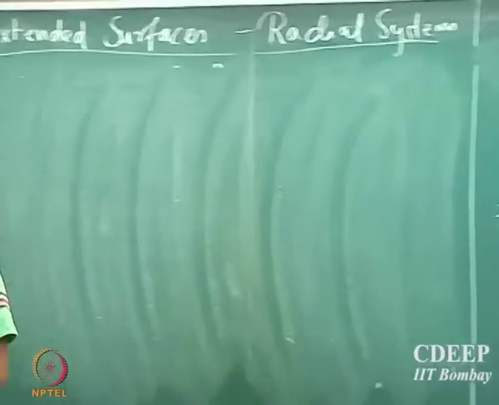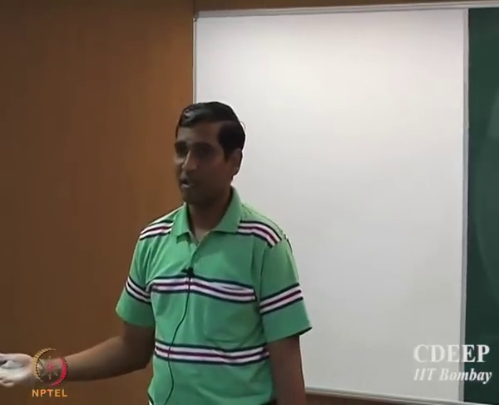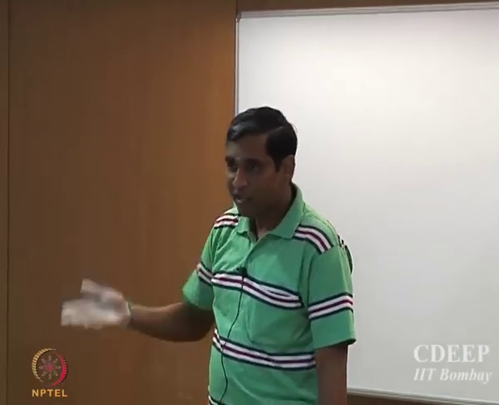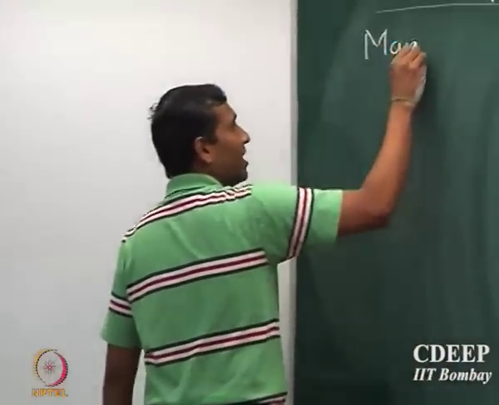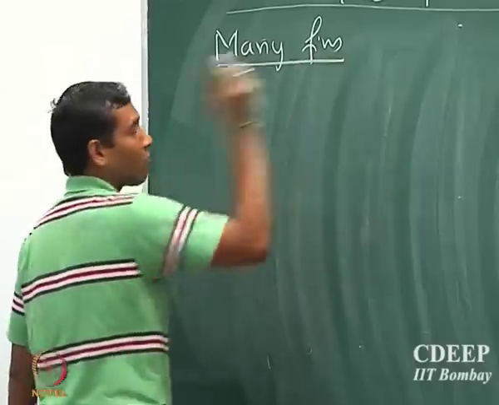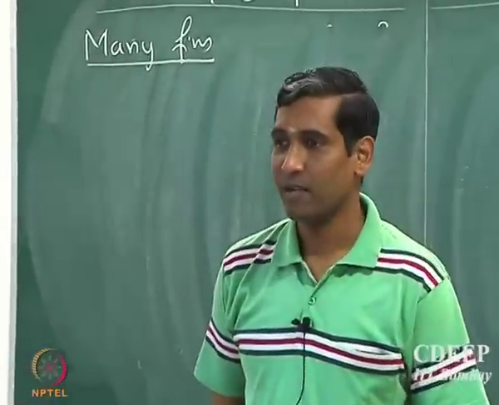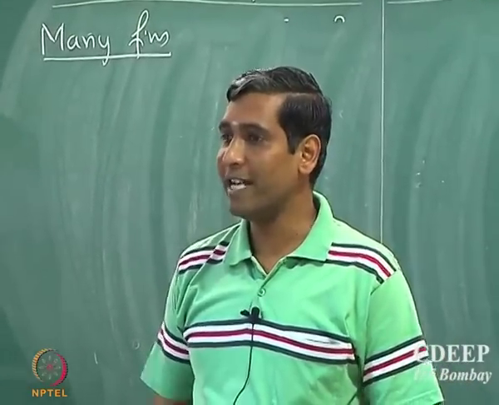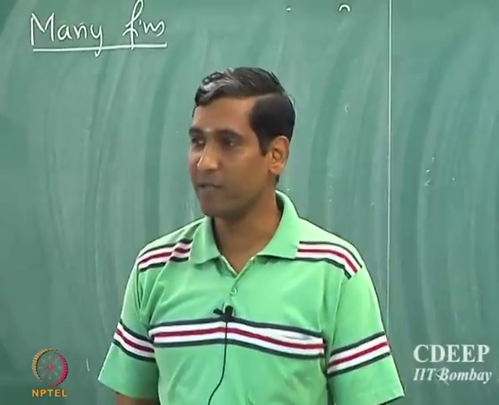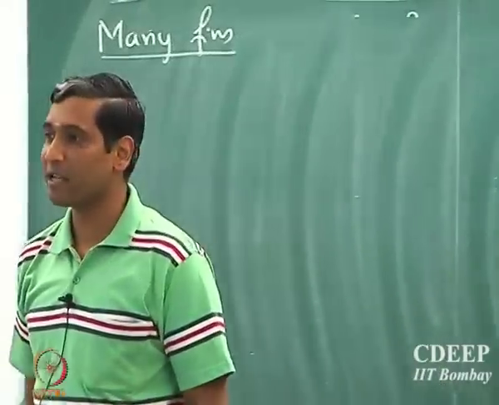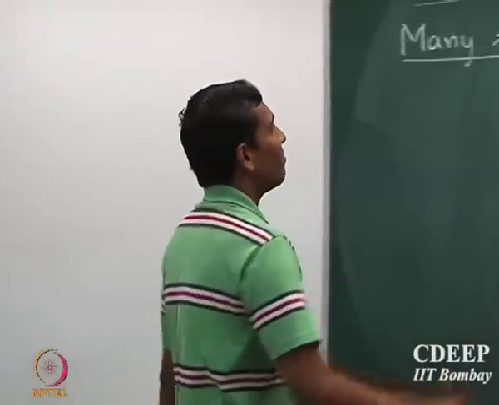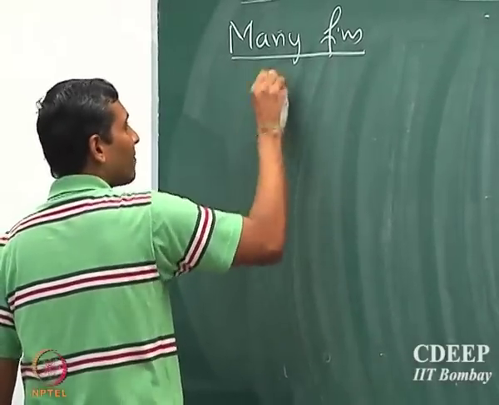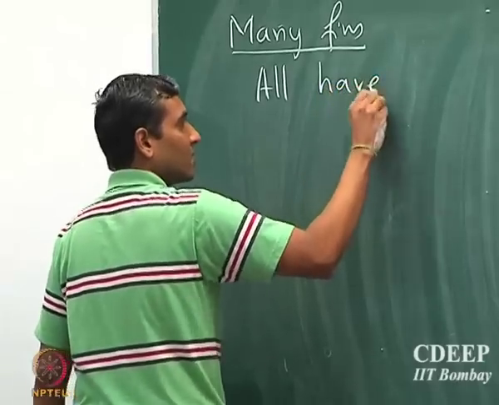So far we looked at only one fin. In fact, all the examples I told you, like the car radiator or the humidifying tower, they all have many fins, right? So what happens when there are many fins? So how do you find out the total heat transfer rate? That is the question. Ultimately what I want is to find the total heat transfer rate. If I have many fins and I know the total heat transfer rate from one fin, and if I assume that all these fins are identical, which is typically the case, all have the same geometry,